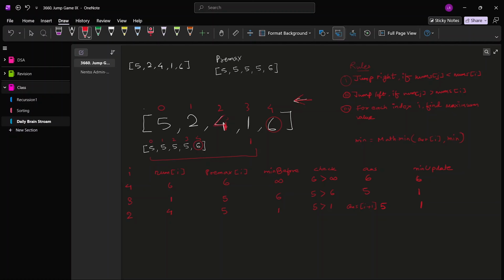जब हम 4 पे आ रहे हैं, तो 4 के लिए जो स्मॉलर एलिमेंट था राइट हैंड साइड पे, वो 1 था, करेक्ट। और 1 के लिए हमने ऑलरेडी मैक्सिमम वैल्यू फाइंड आउट कर लिया है, विच इज 5। सो 4 कहां तक जा पाएगा, 4 जाएगा पहले 1 पे, फिर 1 से जाएगा 5 पे। तो अल्टीमेटली 4